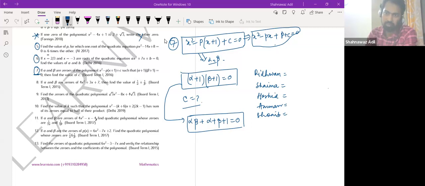C equals minus 1. Which means that we have to